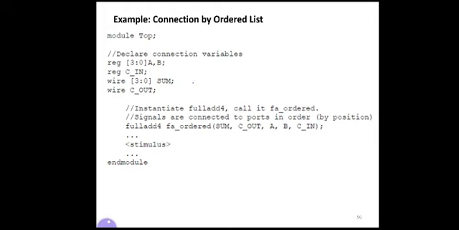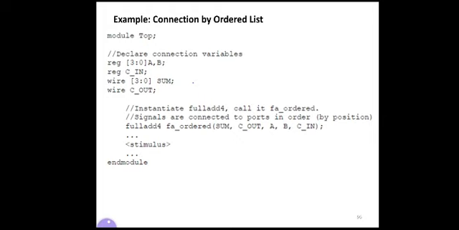Now observe here the module top. In module top we have declared the connection variables. The declaration is flexible, you can declare it any way: reg A, B 3 down to 0, reg cin, wire 3 down to 0 sum, and wire cout. Same declaration as we have done previously. Now the instantiation part.